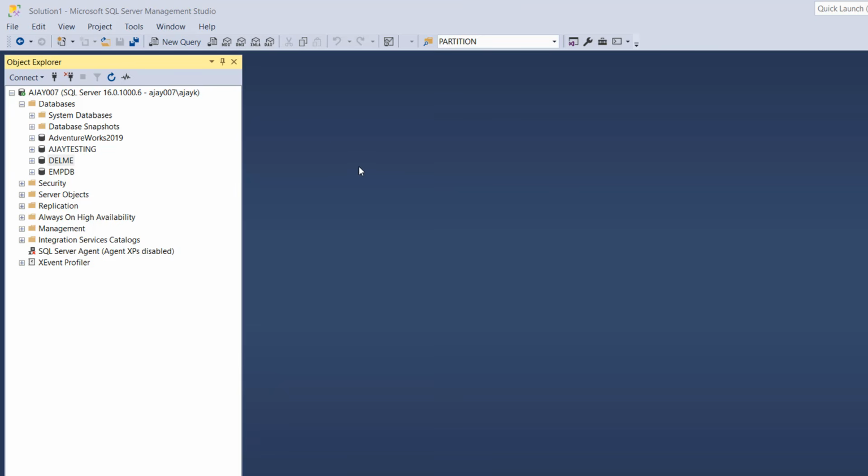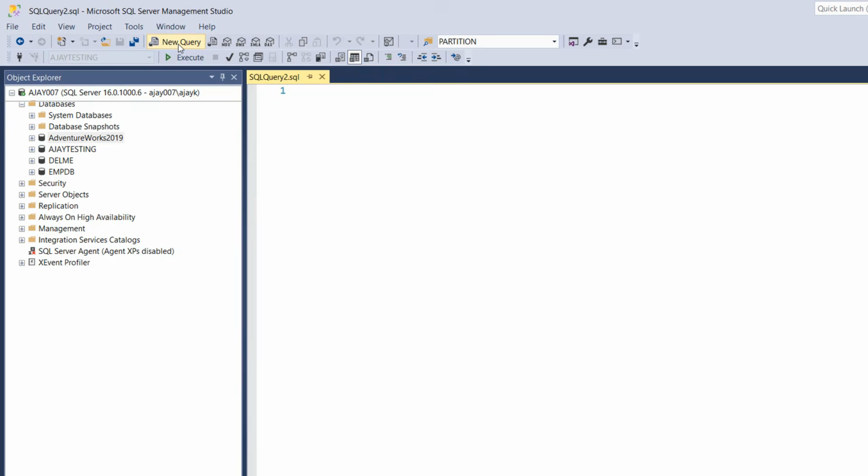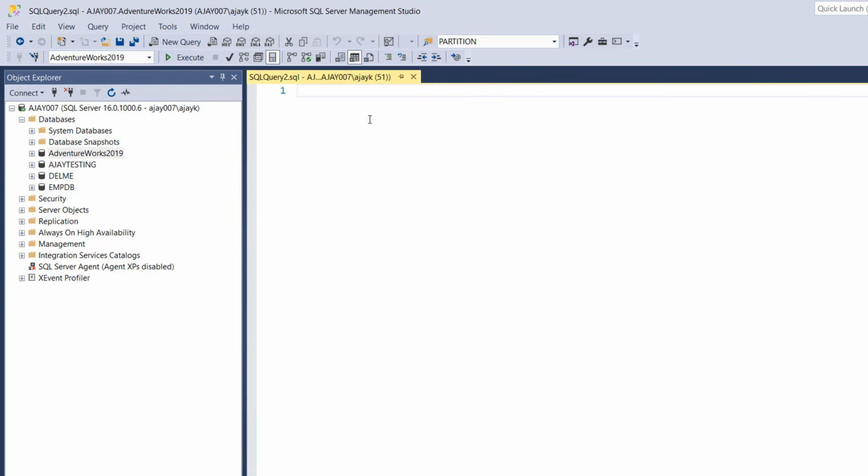So I have opened the SQL Server. You will see all this in the next lecture also: how to install the SQL Server, how to install SQL Server Management Studio, SSMS, how to install the database, what is a database, what are the tables. I'm going to explain all this, don't worry. I have just opened the SQL Server and I'm going to click on New Query because I just want to give you some idea about this.